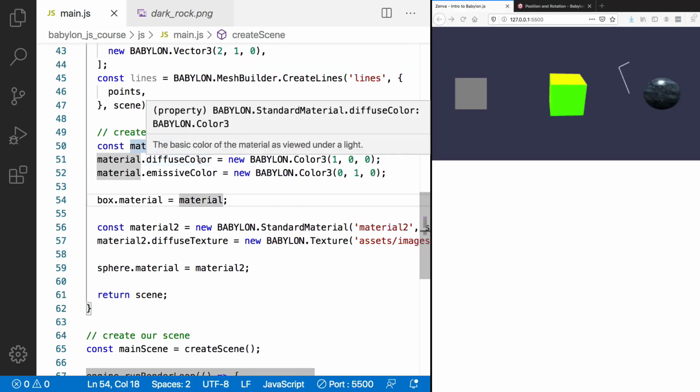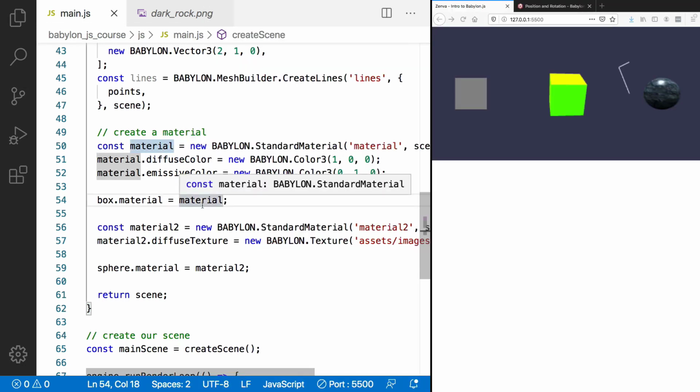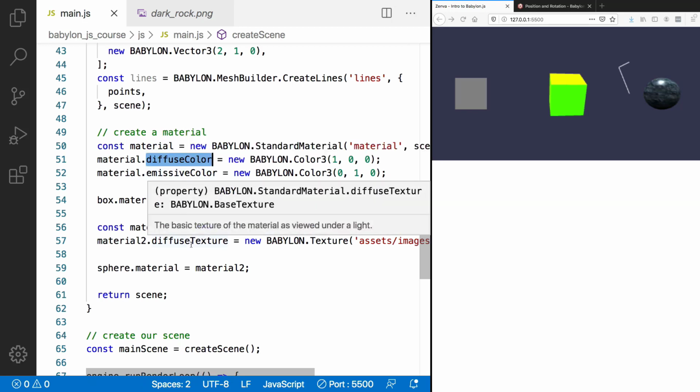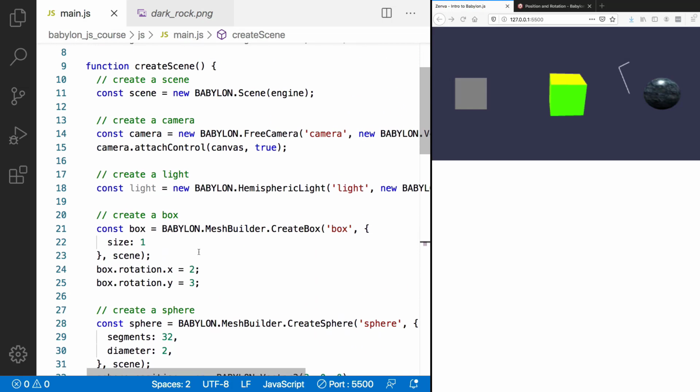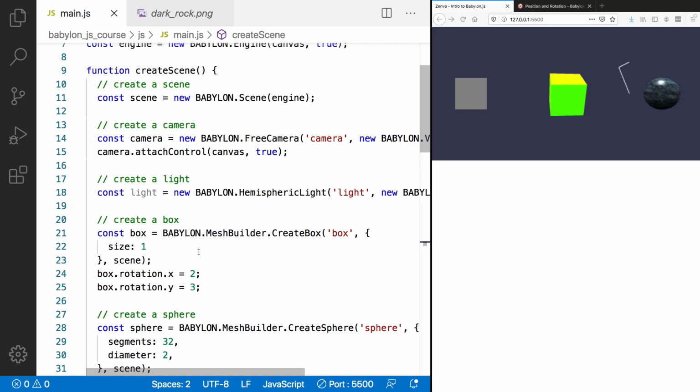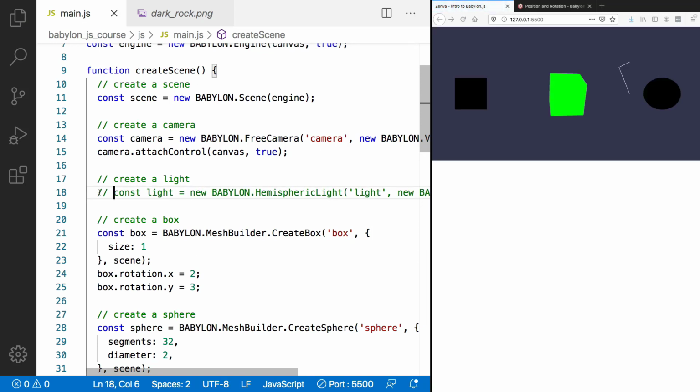Similar to the different colors that we have available, we also have different types of textures available, and for each one, the light will affect it differently. Like before, where we had diffuse color and emissive color, we also have diffuse texture and emissive texture. And likewise, because we're using a diffuse texture, we're reliant on a light source in our scene for our material to actually show up on our object. As an example, if I remove our light source, we no longer see the material